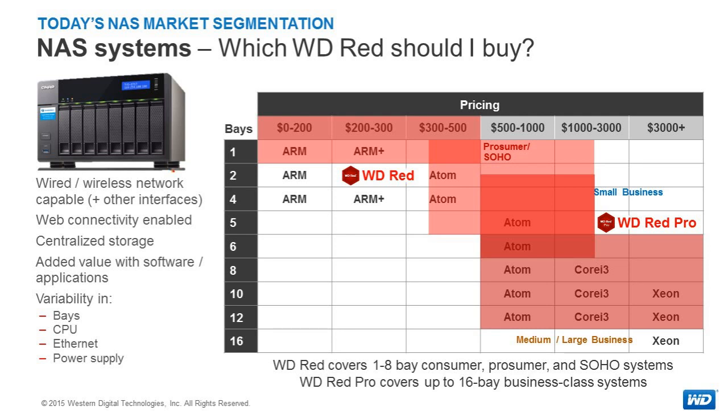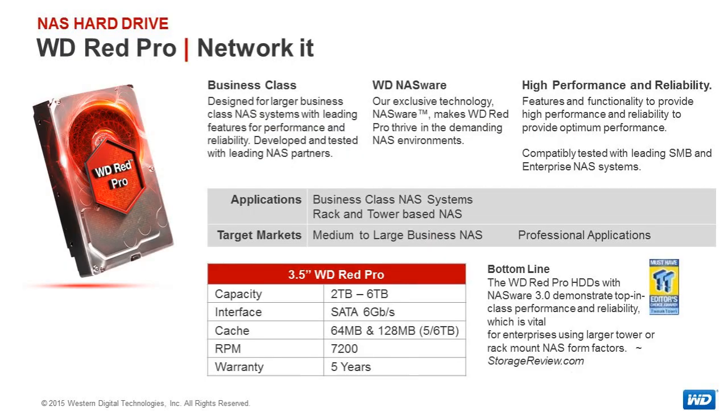So what is this WD-Red Pro that I've been talking about? It's a hard drive that's designed for business class NAS systems and applications. It's got leading features for performance and high reliability. And we do work very closely with our NAS partners, like QNAP, to make sure that these drives are compatible